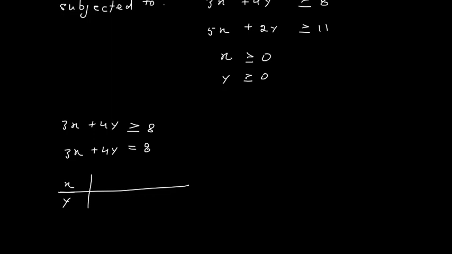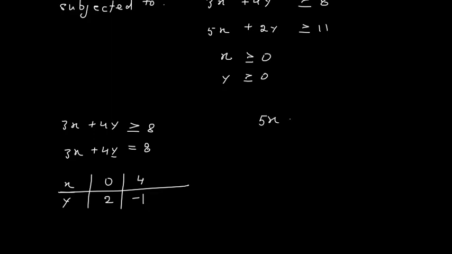Let us take x as 0. So when x is 0, 4y is 8, so y becomes 2. Now let us take x as 4. So 4 3s are 12, 8 minus 12 is minus 4, so y becomes minus 1. So the points are 0 comma 2 and 4 comma minus 1. The second inequation is